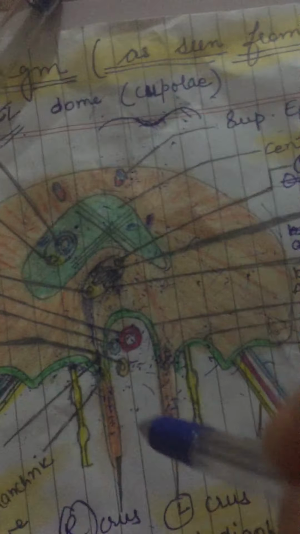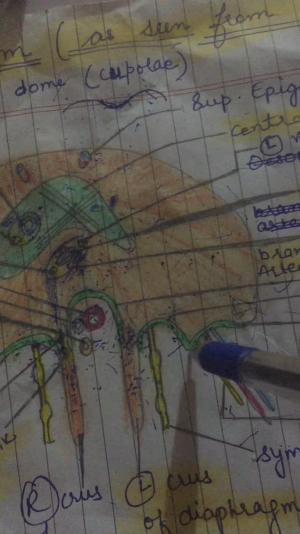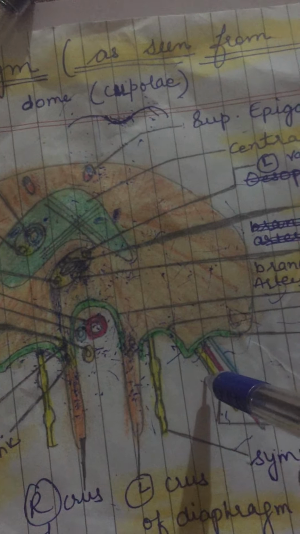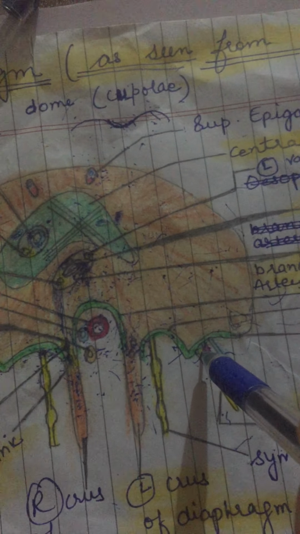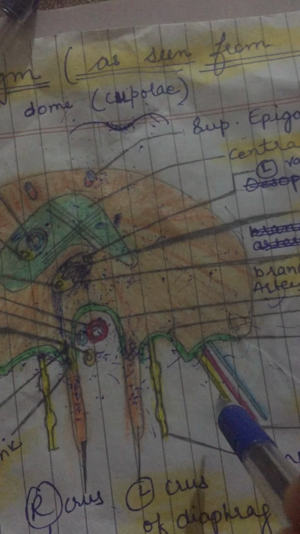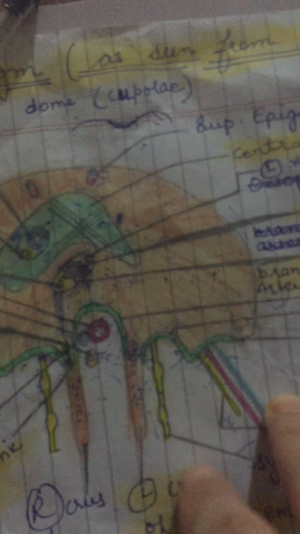Costovertebral or Bochdalek's triangle, and the hernia is called Bochdalek hernia. Sometimes the diaphragm fails to arise from the lateral arcuate ligament, right, of both sides, forming a triangular gap which is called costovertebral gap, right? Bochdalek. A congenital diaphragmatic hernia takes place through this opening, and the abdominal viscera herniate into the thorax, right? And it is usually observed on the left side, Bochdalek hernia, right?